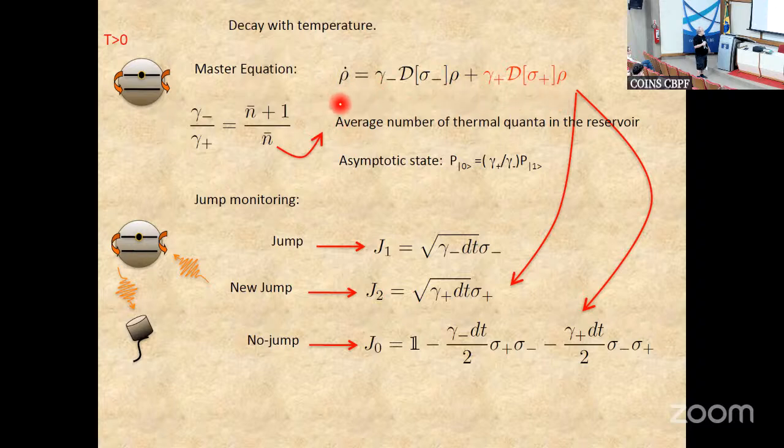It's this equation that gives the evolution of a qubit under a thermal reservoir. So we have the term for decay and the term for absorption, incoherent absorption. There is a ratio between the rates, and the asymptotic state is given by this detailed balance equation here. And if you're monitoring the reservoir, now you have two jumps: the jump for spontaneous emission, the jump for incoherent absorption, and the no jump is given by this operator here. So this is, again, the quantum trajectories picture for a thermal reservoir of a given temperature.